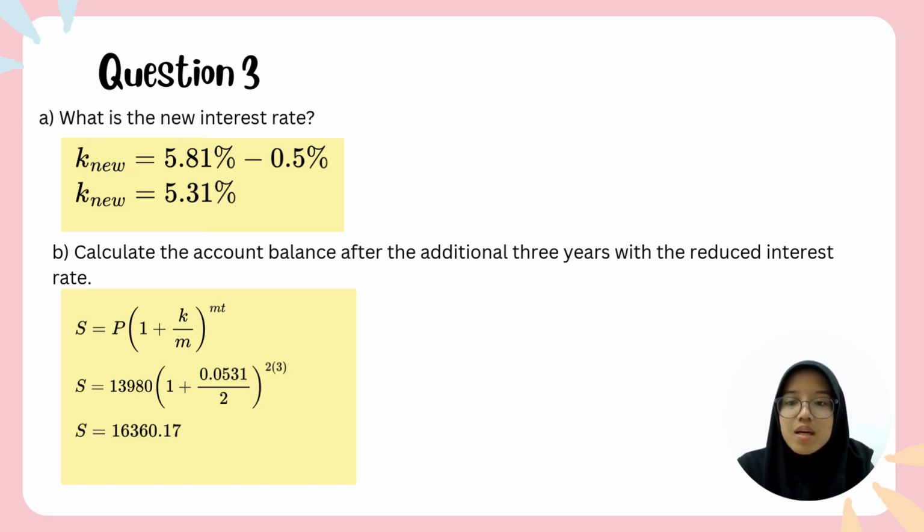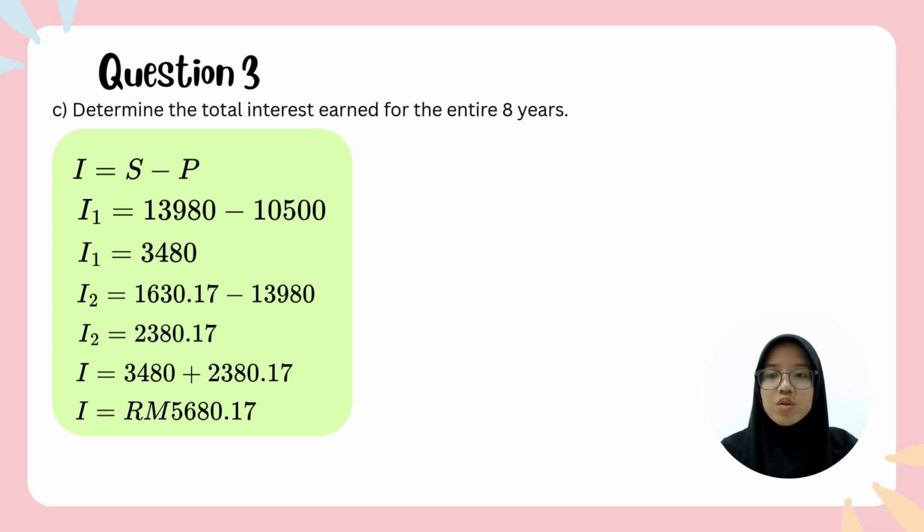And the answer will be 163,601.17. So for question 3C, determine the total interest earned for the entire 8 years. So we will use the formula interest equals S minus P. We will use the formula for the first 5 years, and then we will use the formula for the additional 3 years. And then we will combine both answers, and the final answer will be